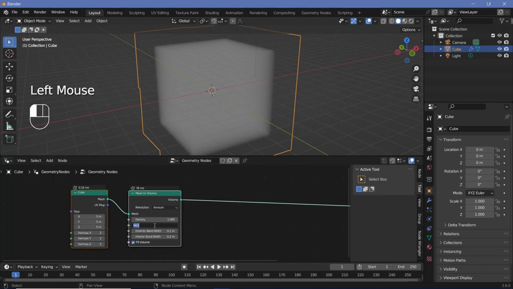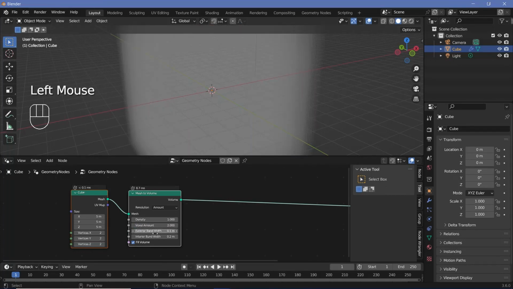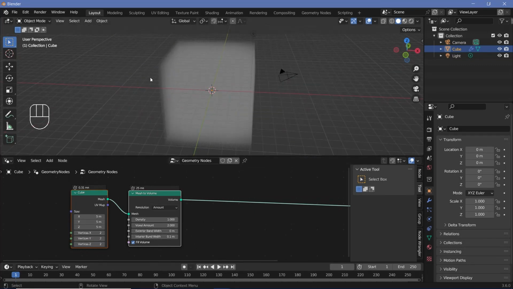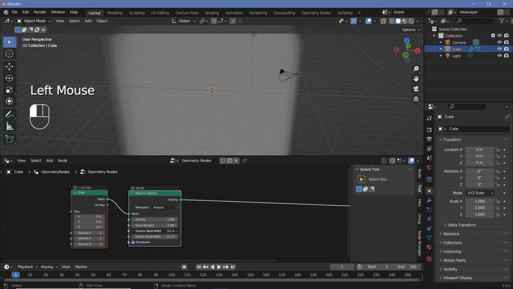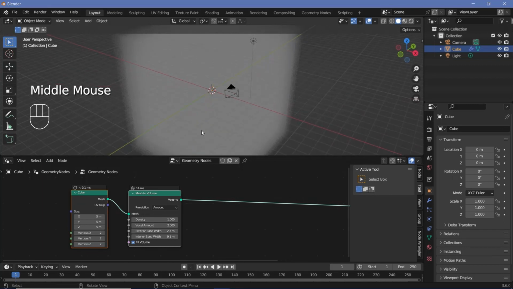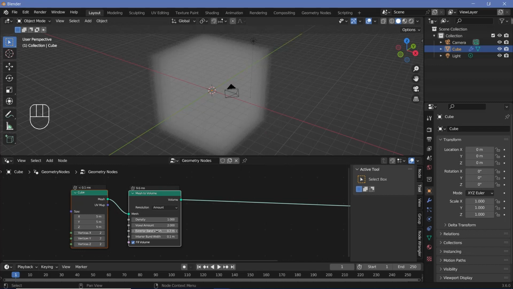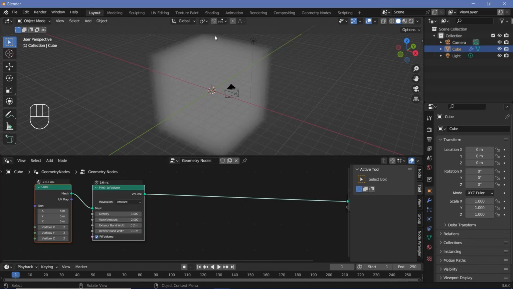So we're going to go ahead and reduce the voxel amount down to 2. And we're also going to just decrease the interior bandwidth to 0 or whatever the minimum value is, so that essentially we actually get a volume cube of size 5. If we increase the exterior bandwidth, the volume cube is going to be larger than 5, and that's all right because we actually want a sphere and we're going to cut it off using math in a while. So for now, I'll keep the exterior bandwidth at 0.2 and we'll move on to actually distributing the points within